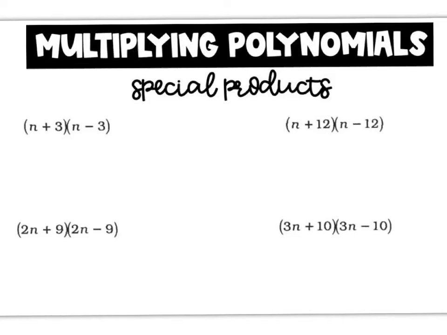Okay, so we are going to look at special products of binomial multiplication. This is going to be what we did last week when we multiplied binomials. They're just going to either start out looking a little differently, or the answer is going to look a little different than what we got last week. So you know how to do everything we're doing today. It's just going to be either the answer is going to be different or the problem's going to start out